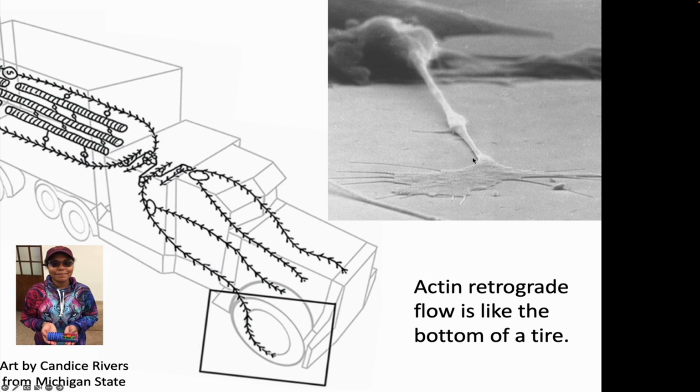And what this does is it pulls the substrate backwards, and then this pulls the axon and/or the cell forward. A really good way to think about this problem, I think, is an analogy with how cars move forward. There was an undergrad in my lab, Candace Rivers, and one summer she helped me put together this drawing. The basic idea is that as you're driving a car down the road, you have a tire, and the tire is pulling the road backwards,